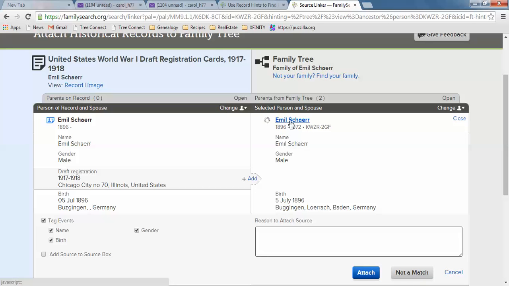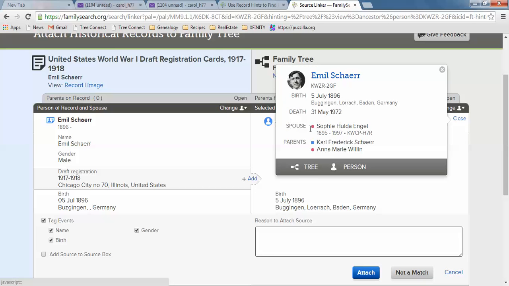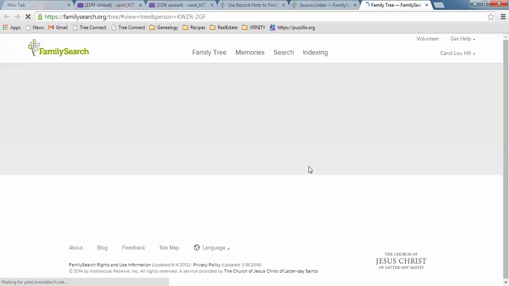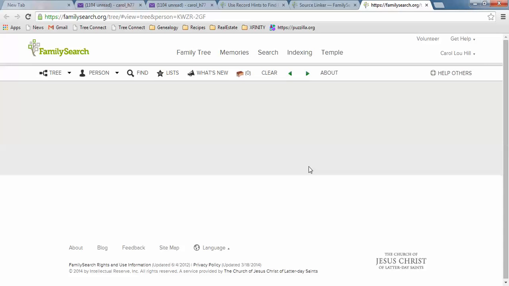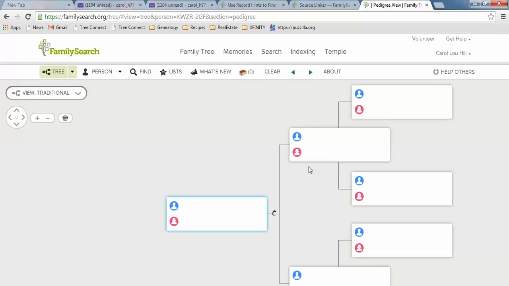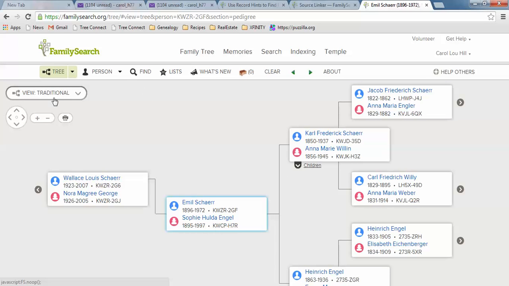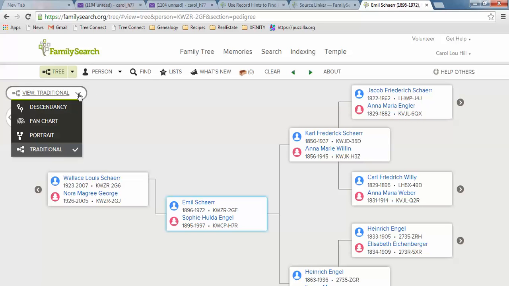But they also have another way. I'm actually going to go back to Emil's tree, and let me show you another way that you can pull up the record hints. Here the tree's going to come up, and I'm on the left hand side. See how I'm in the traditional view. If you click the down arrow and click the Descendancy View,